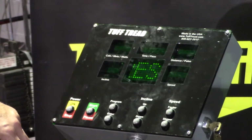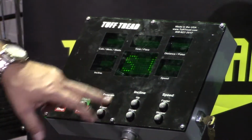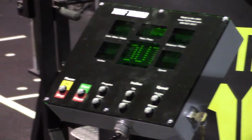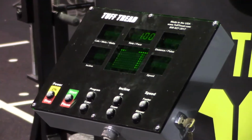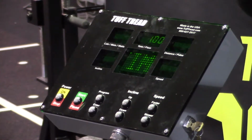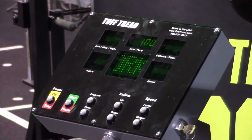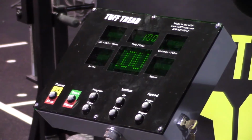You hit enter. Okay? It has program for meters and then enter for miles per hour. So you want to hit enter, keep it at miles per hour. Okay? And then it's going to ask you for a max time. So if you've got, say, 7 to 8 firefighters and you want to push them for a set period of time on interval training, meaning they go as hard as they can, as fast as they can, as long as they can, and then the next guy gets on as soon as one jumps off, which is what we call the competition mode. That's going to be good for your firefighters from a competition standpoint, but from an anaerobic standpoint,